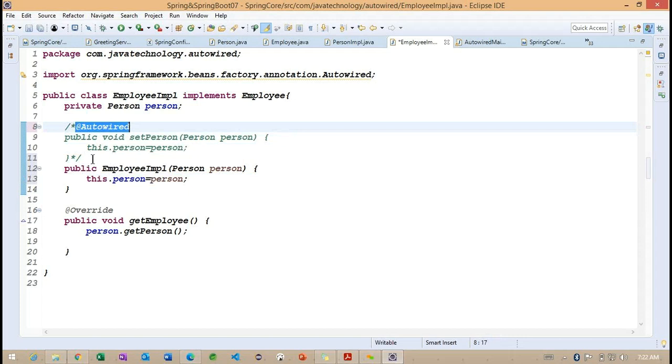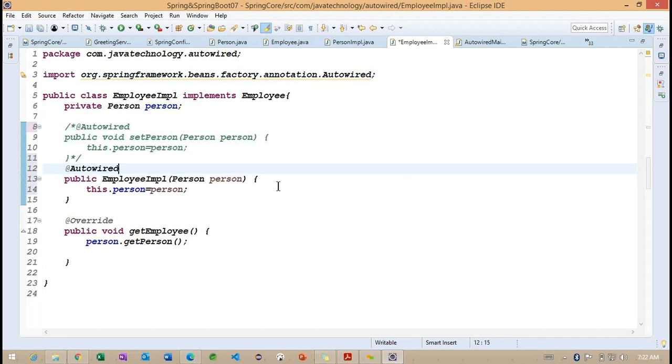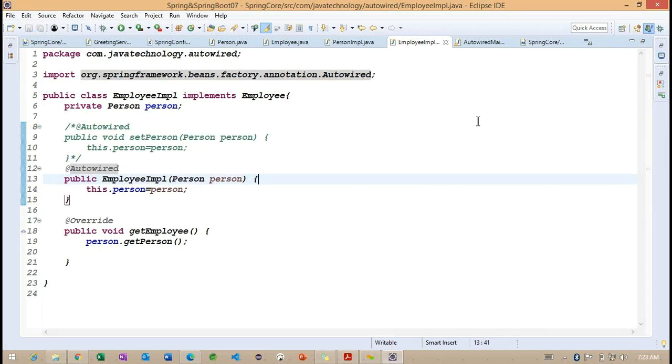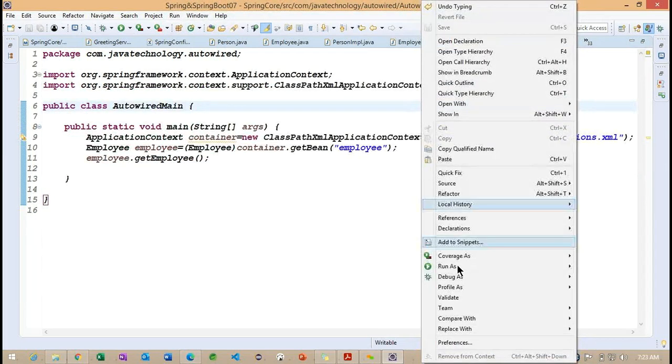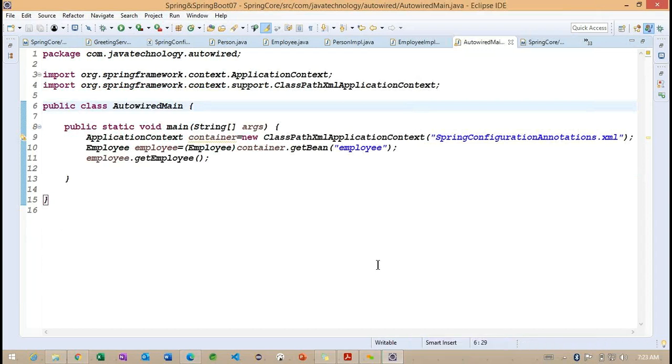Later I'm going to enable this autowire annotation. Whenever we work with this constructor related autowire annotation, we are not going to change anything inside the configuration file. The same example I'm going to run.